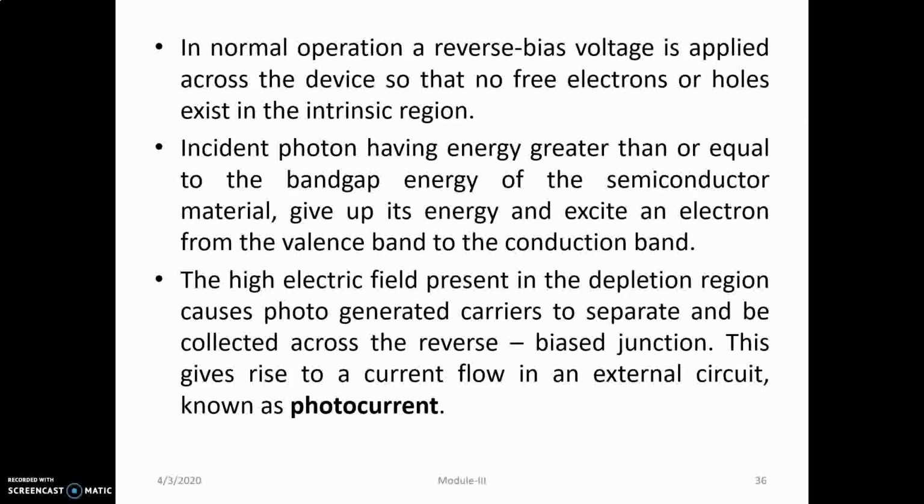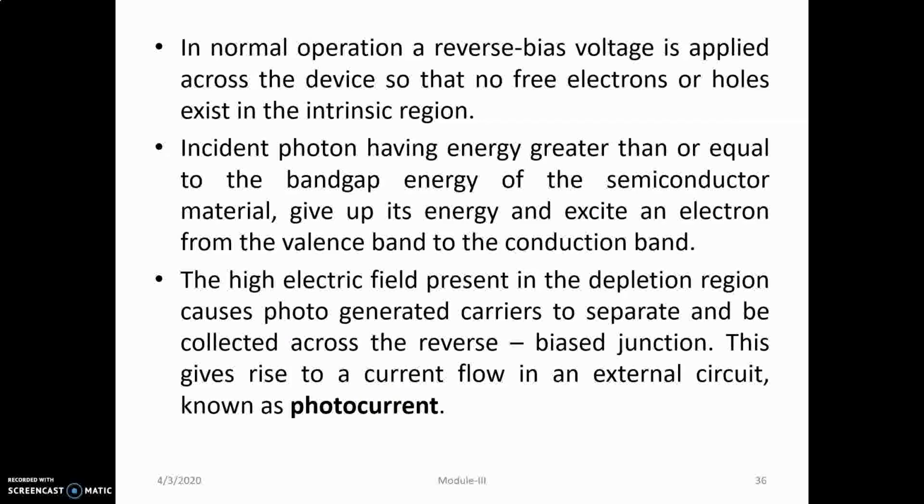The high electric field which is present in the depletion region causes the photo-generated carriers to separate and be collected across the reverse bias junction, and this gives rise to current flow in an external circuit, which is known as photocurrent, as you can see here. Photocurrent is normally generated as the light falls into